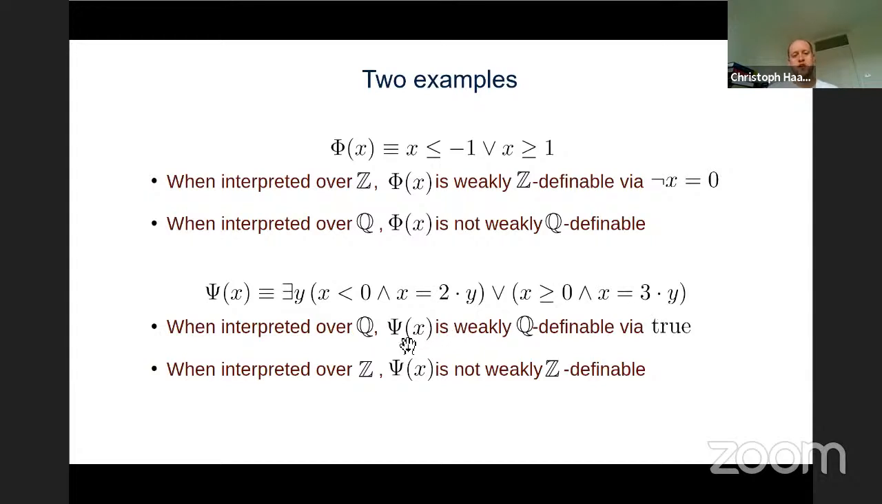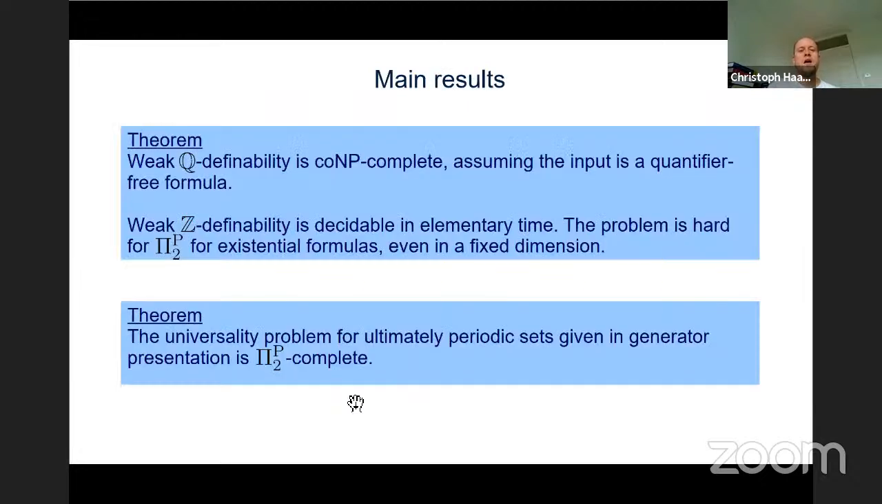Then over Q, this is just the whole line of rational numbers, but we can't. But it follows also from our paper basically that this set is not weakly Z definable. And so the main results that we have is that what we show is that the weak Q definability problem